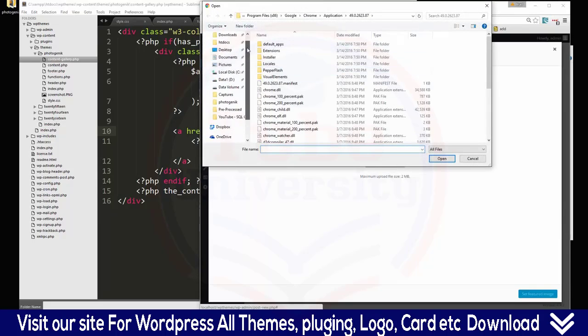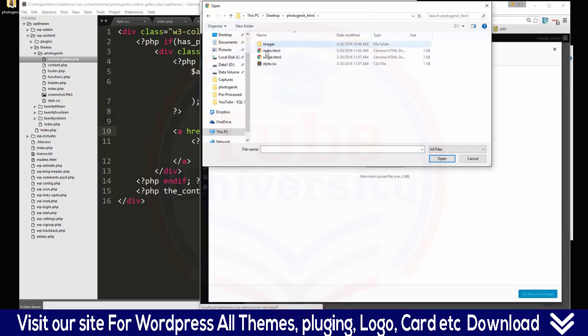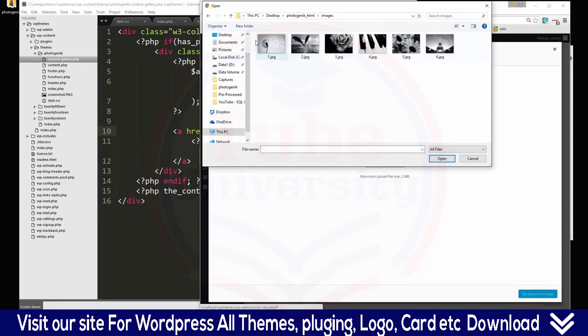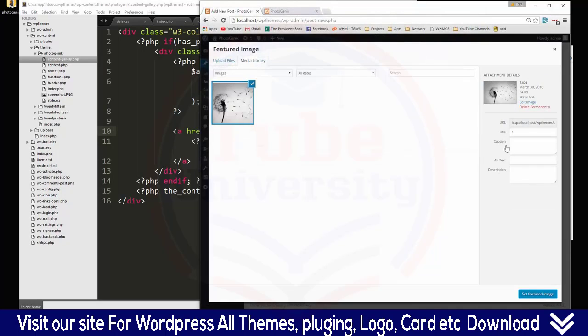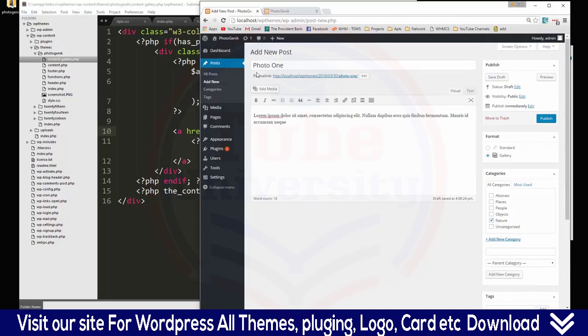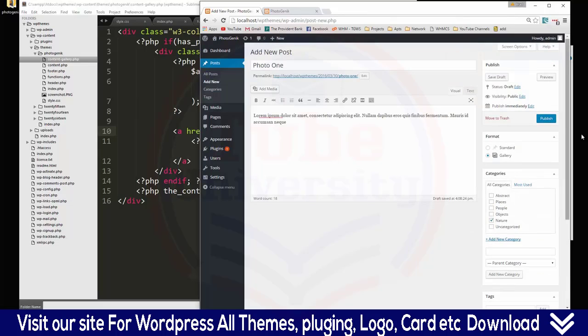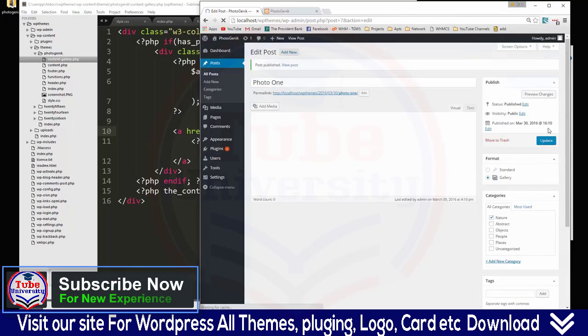upload a file. And what I'll do is go to our HTML template here and go into images, and I'm going to grab this first image. Okay, over here you can give it a title, we'll say photo 1. You can put a caption, description, and then we'll say set featured image. Okay, so things you should have is the title, description, gallery, you want to check that, category, and then a featured image. Okay, and we'll go ahead and say publish,